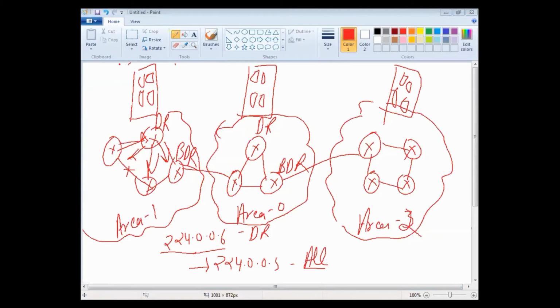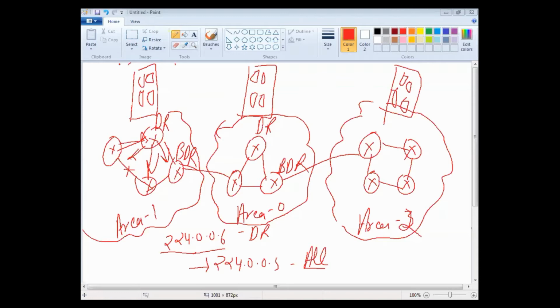It uses cost as a metric, as I told you before, and it has no hop count limit. Like RIP, we have a 16 hop count limit. After 16, that is an unreachable router. So in RIP, we cannot go beyond 16 hops.